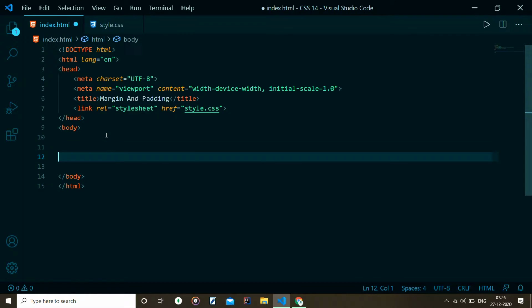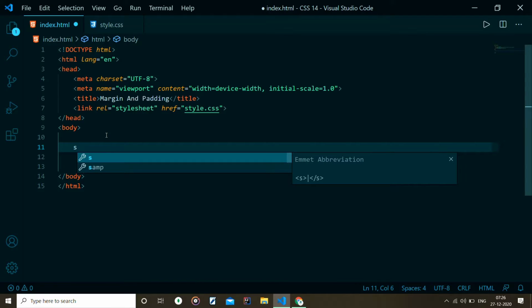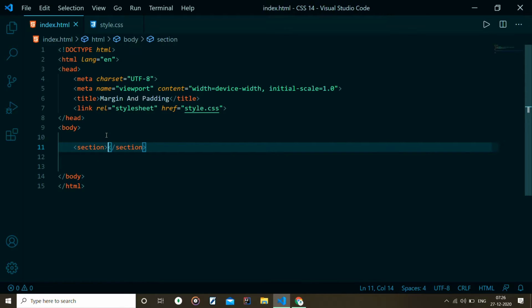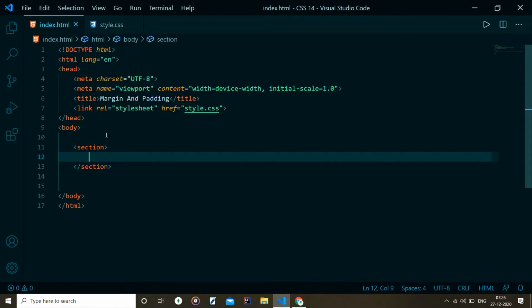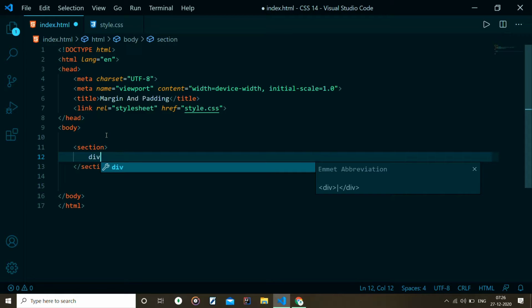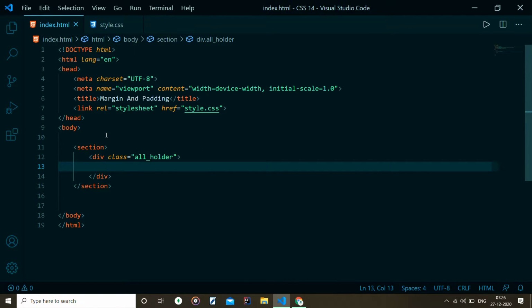Now I will create a section, and inside that section I am creating a div with a class of all-holder, which means it holds everything.